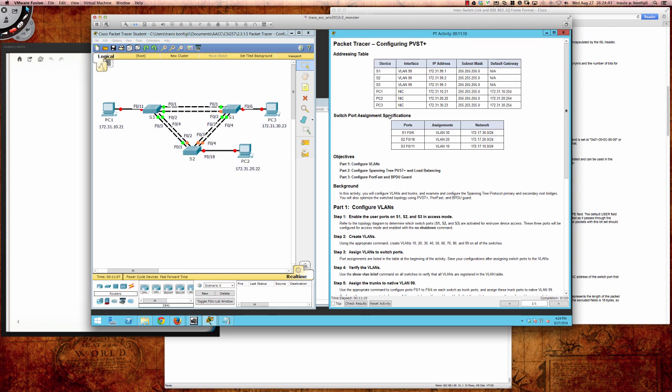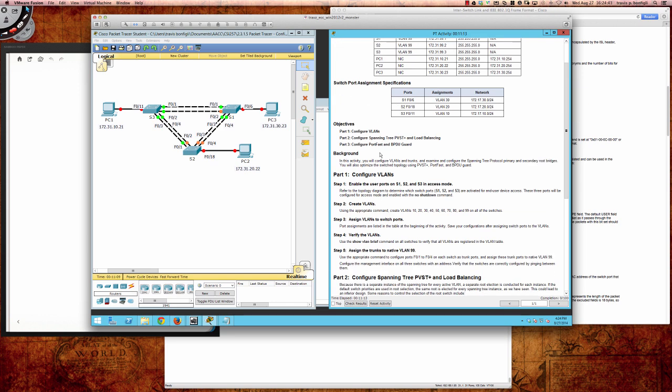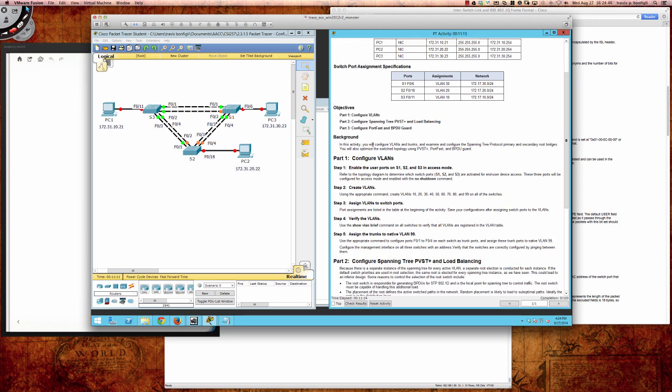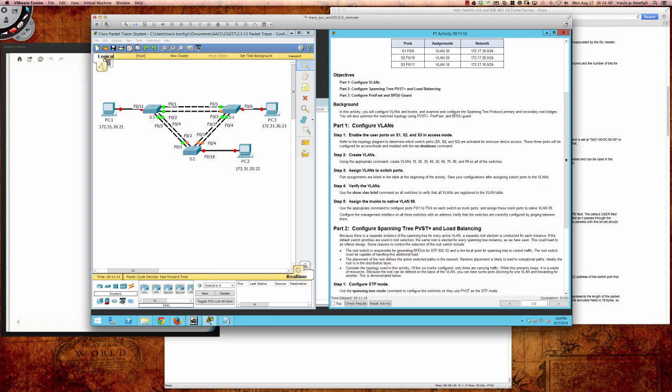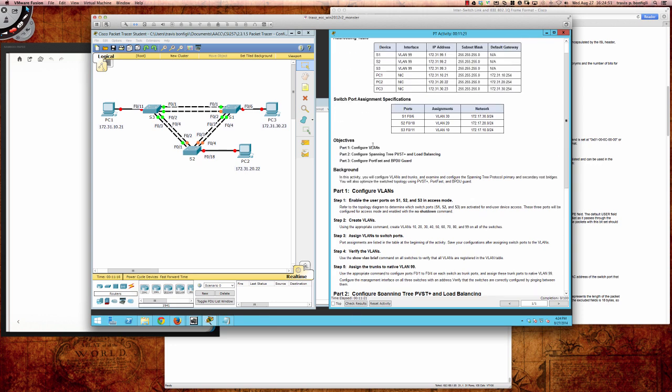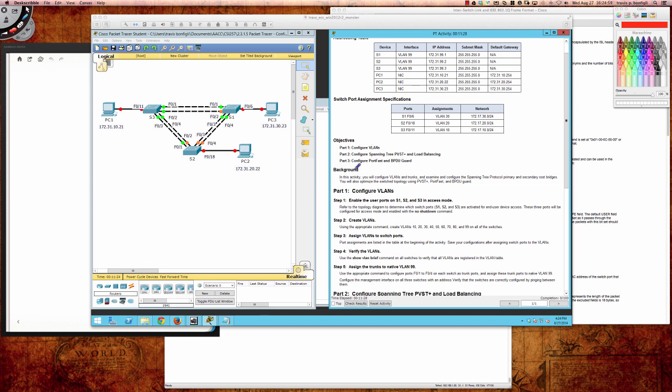All right, so here we have our addressing table with our background information, and it's going to ask us to step right in and start configuring VLANs. But before we do that, one of the things that students typically ask about, and what seems to be very confusing for a lot of students when dealing with spanning tree, has to do with the little plus sign. Oftentimes you'll see PVST+ in documentation or on blogs, and on the switch you'll simply see it listed as